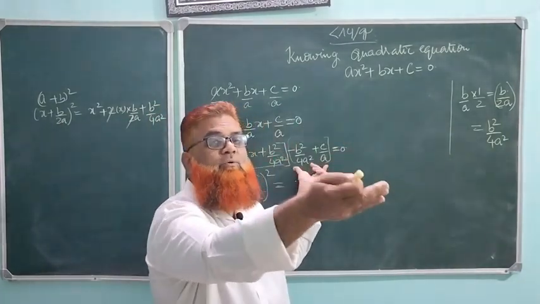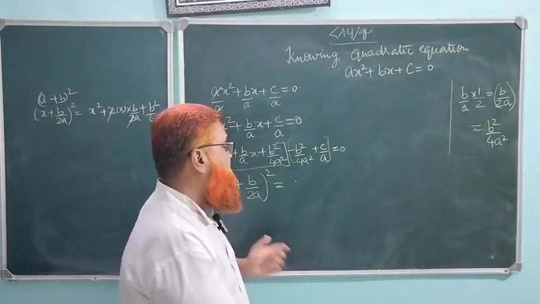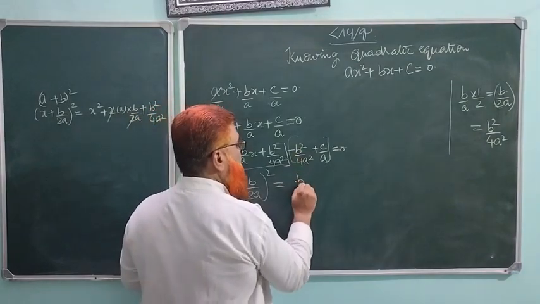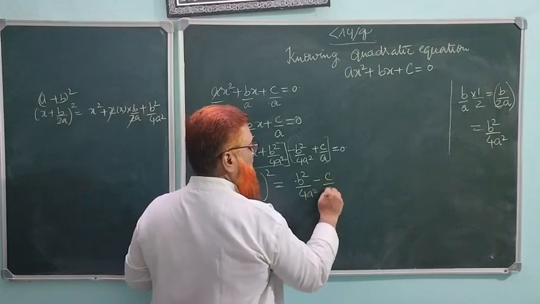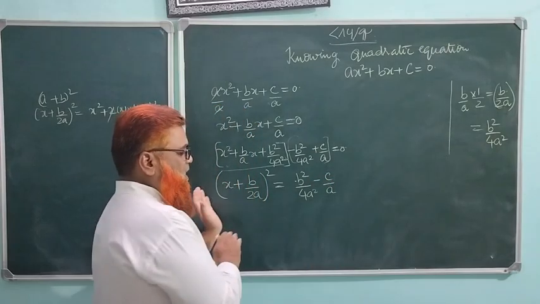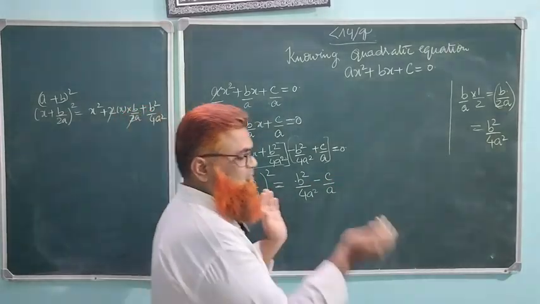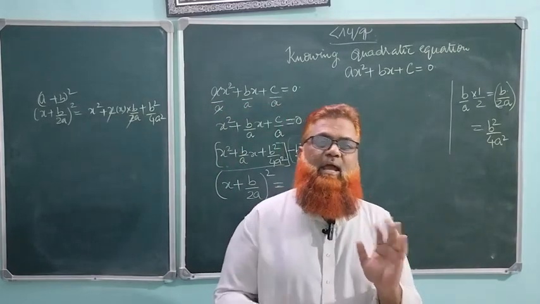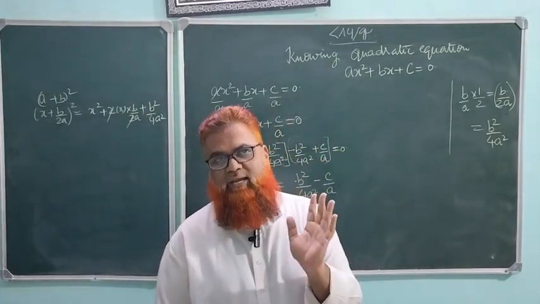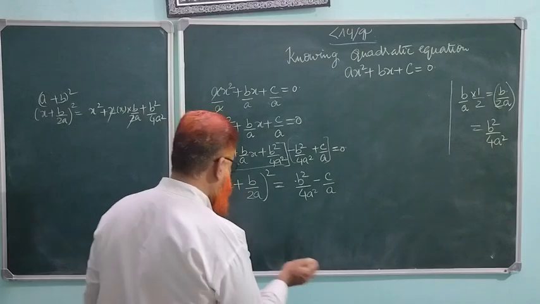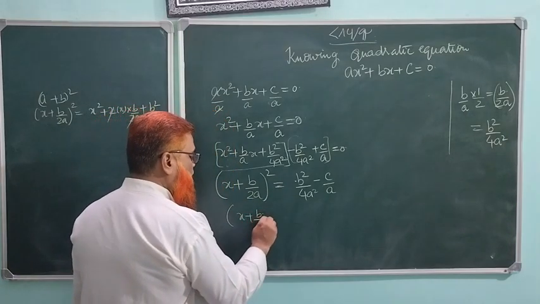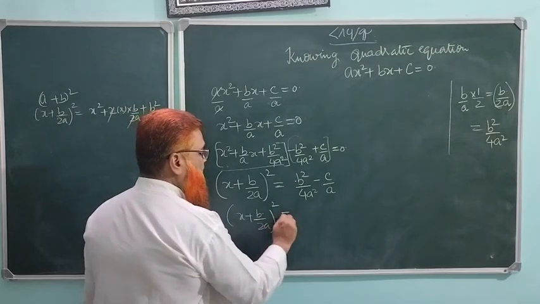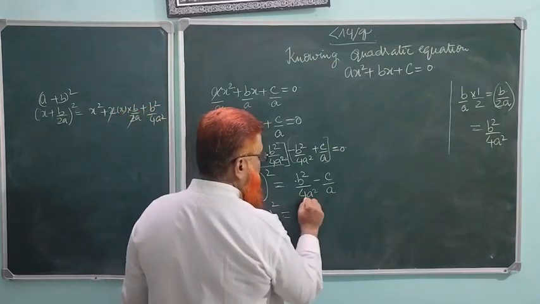This you should shift or transpose to the right side, then minus will take the plus form and plus will take the minus form, isn't it? When it is shifted from the left side to the right-hand side, every term changes its sign. The next, x plus b by 2a whole square is equal to, take the LCM of 4a